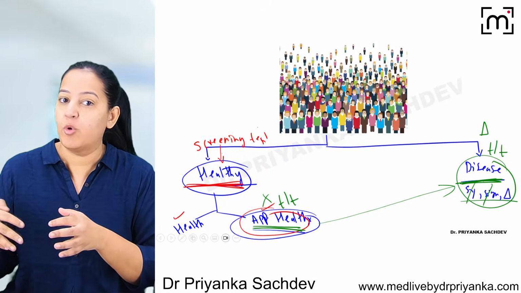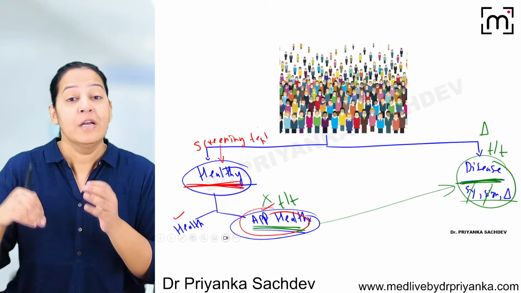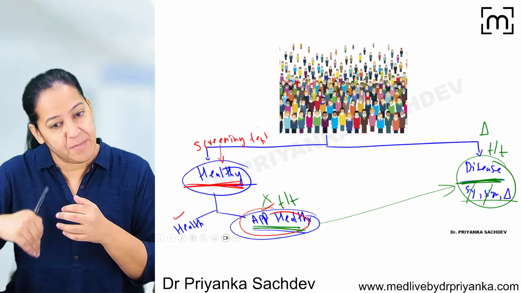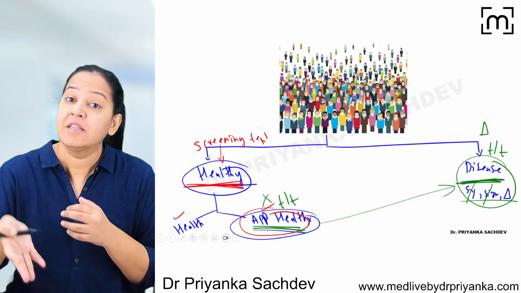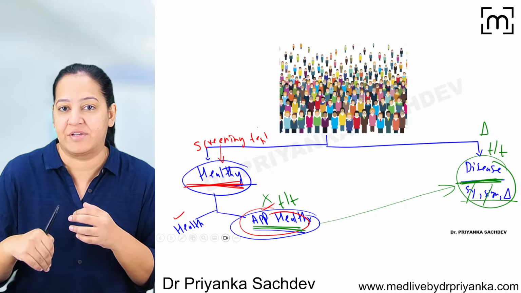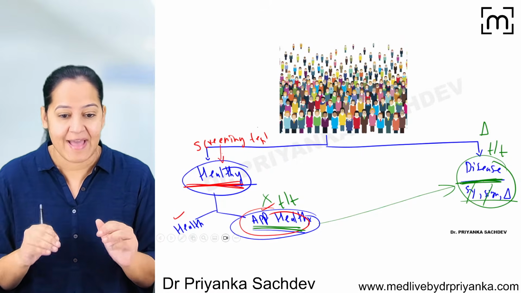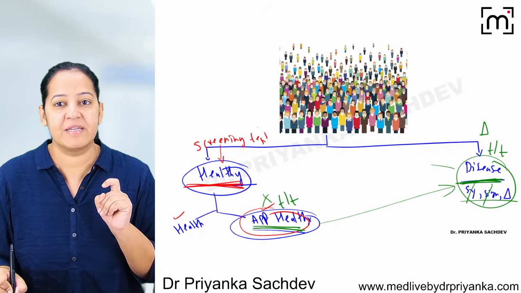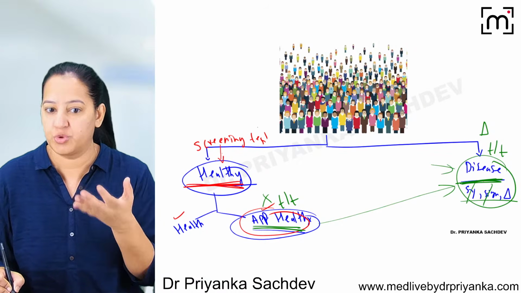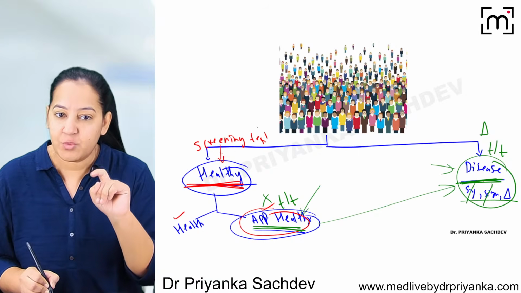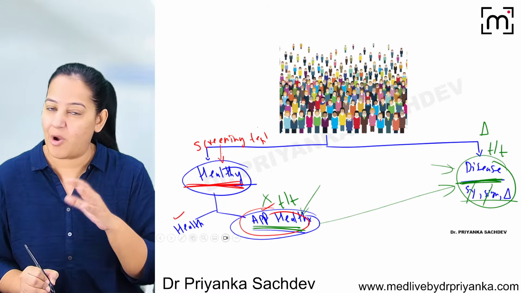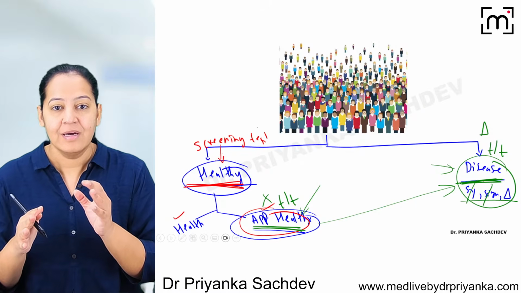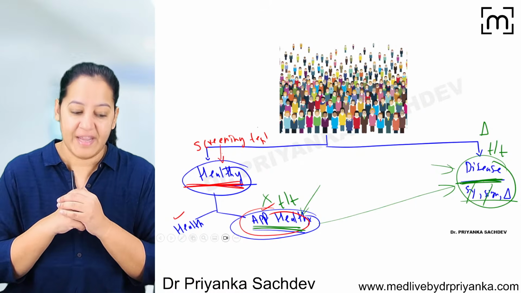Apparently healthy is a group of people who think they are healthy, but actually they are not healthy. So we want to offer them treatment before they present so that the prognosis, the outcome, should be better. This is specifically applicable in cancers, in oncology, where when the patient is presenting, it's already late stage, maybe stage 2, 3, 4. Here we can detect them in stage 1 also, and we can give the treatment, and the outcome will be far better in comparison.